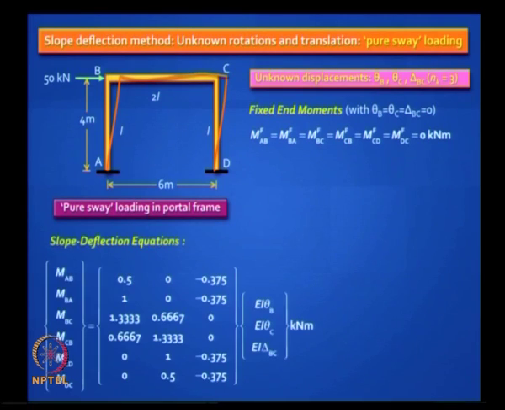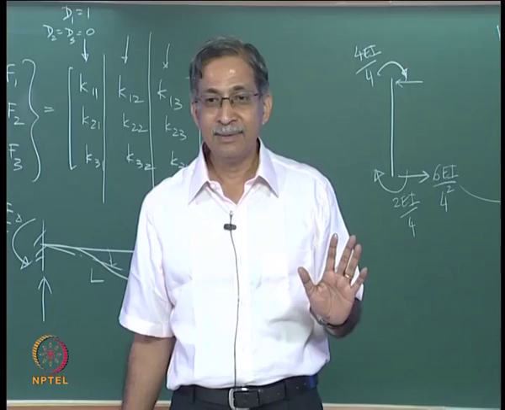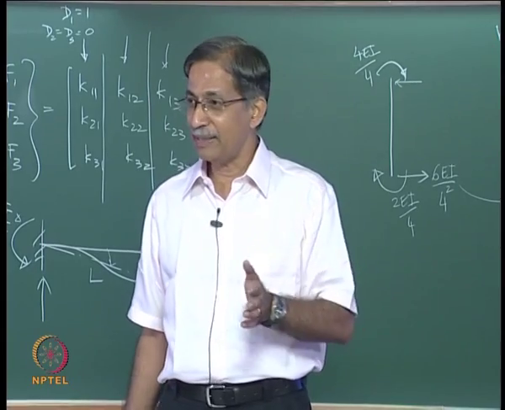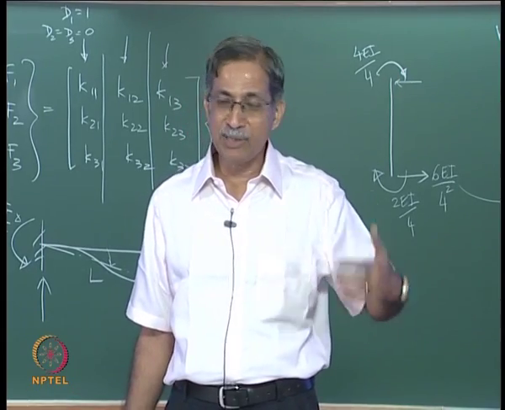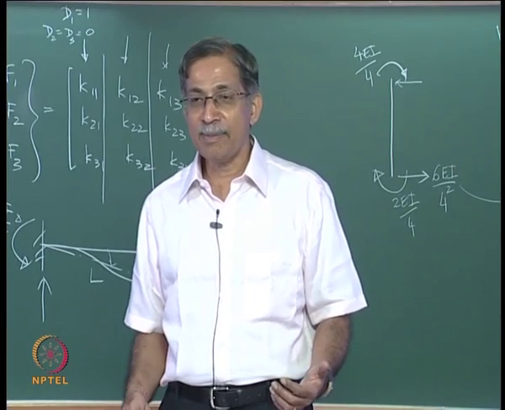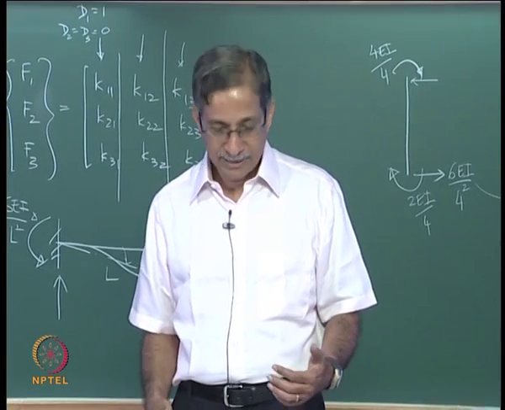So same 3 unknown displacements. I will not waste time writing down slope deflection equations because they are the same as in the previous problem with one additional advantage. What is the advantage? No fixed end moments, right? That is pure sway, that is going to the node, it is not going in between any member. Then what about your equilibrium equations? Same,